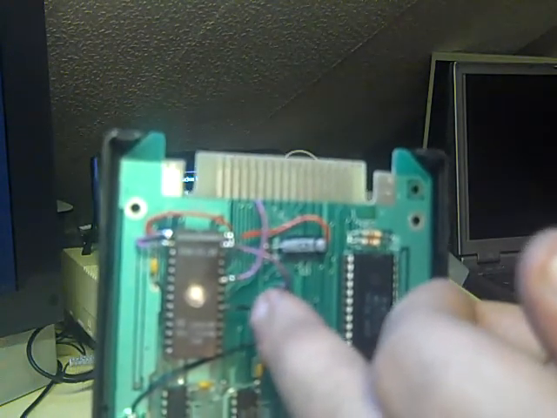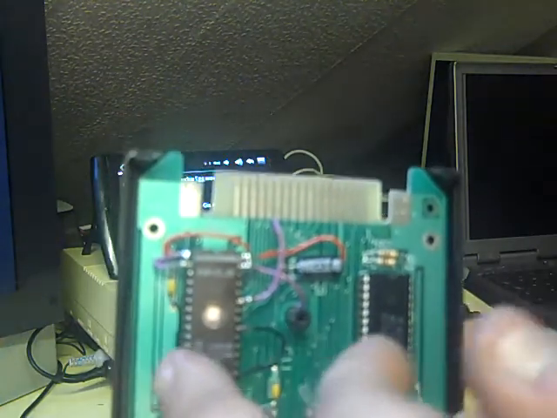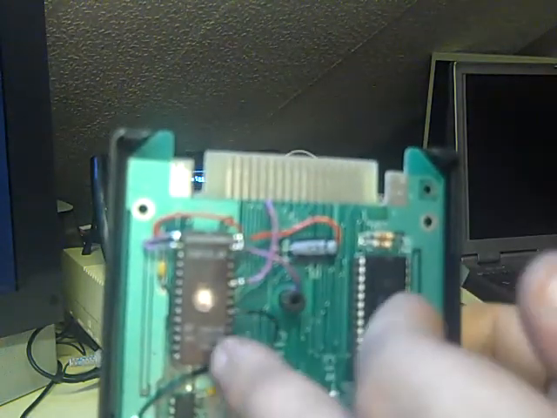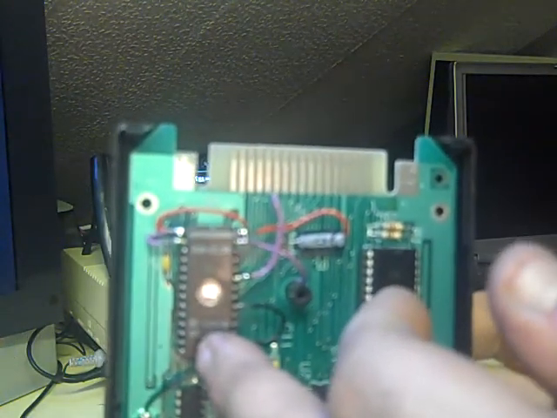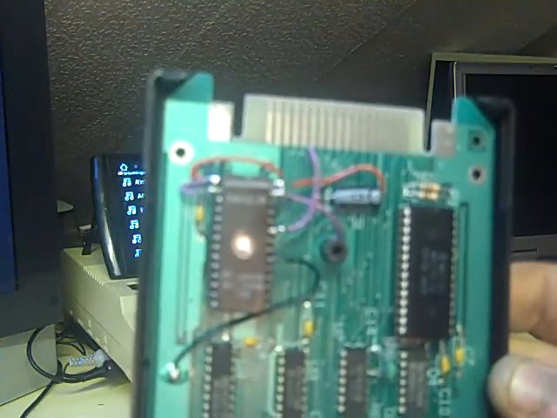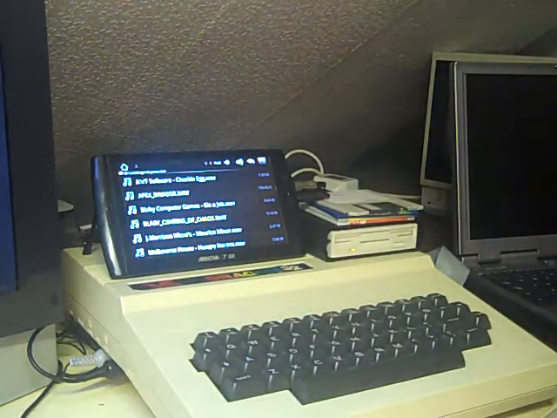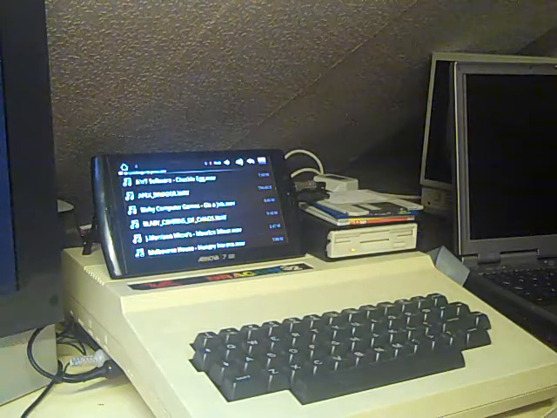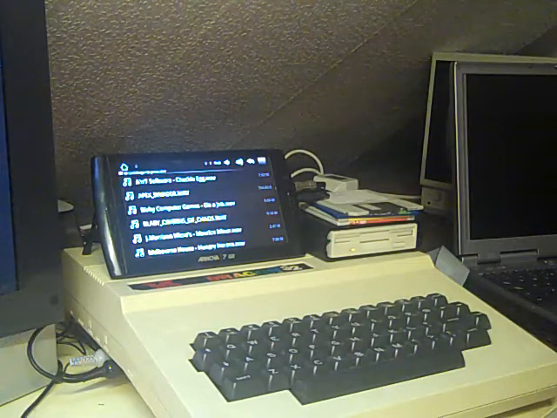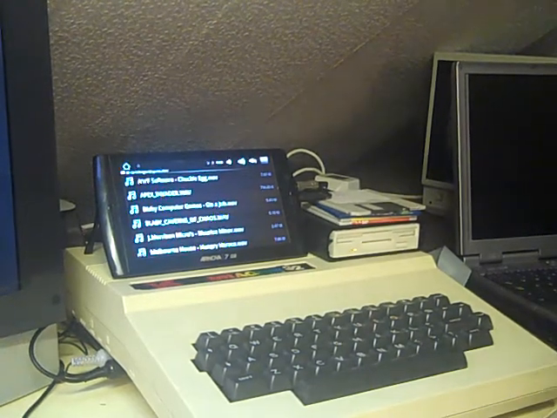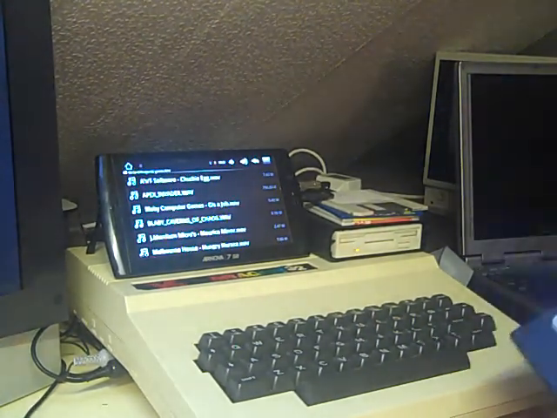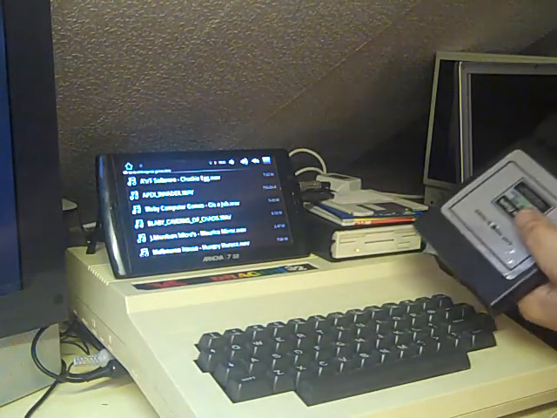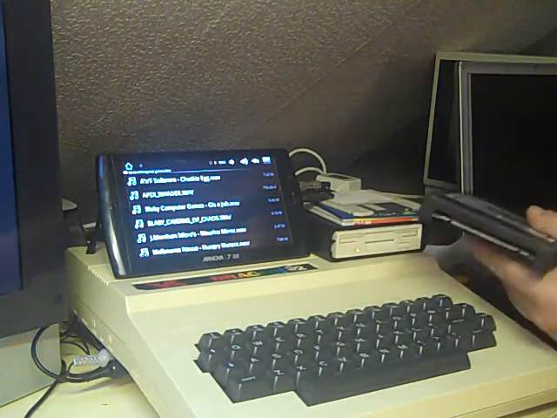It's only 2, I think A11 and A12, and doing that you can get this 2764 EEPROM to work in this board, and that's what I've done here. I'll just put that back together and put it back in the computer. So we've got a Tandy TRS80 disc controller with a modified Dragon 32 disc controller ROM on board. Now I'll just connect this back up,